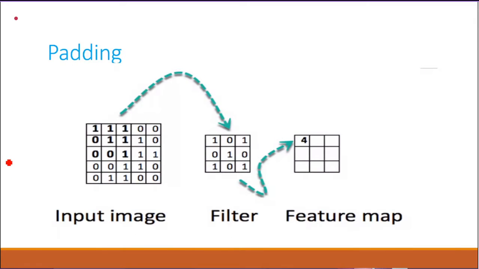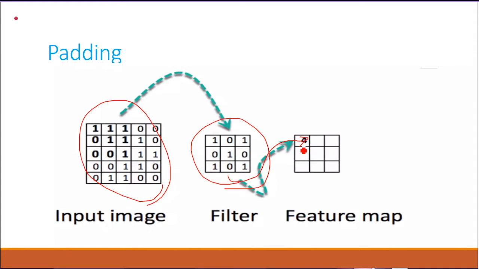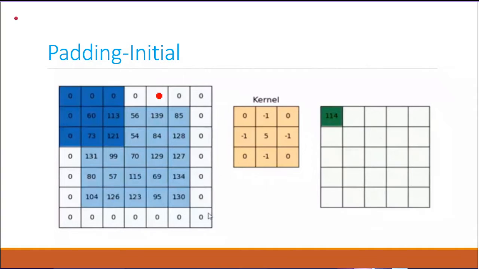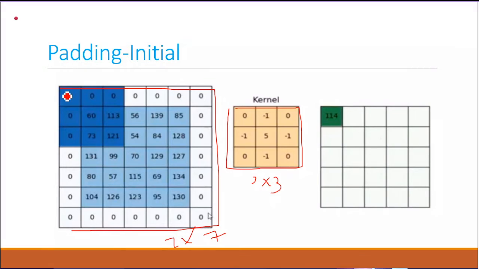How we apply it to input images of black and white, zeros and ones, gets us the values. Now I'll take one example. This is your input image matrix, a 7 cross 7 matrix, and the kernel is 3 cross 3. First, I am going to apply a horizontal sliding. This kernel will be applied on this layer.